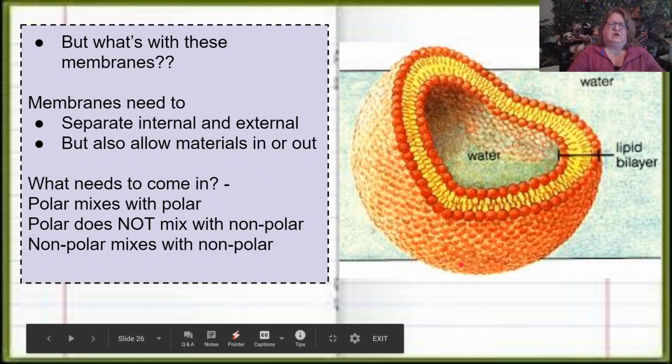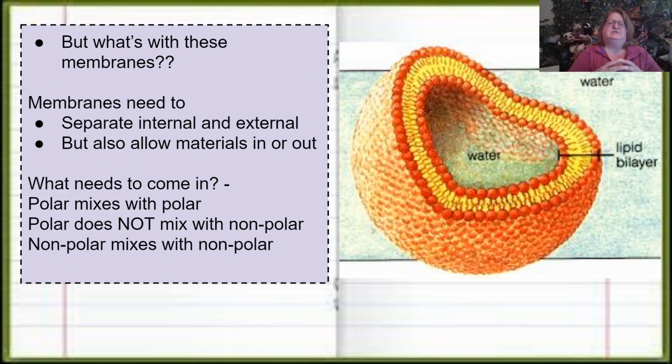What we want to talk about next is, I keep talking about these organelles as being membranes, and this membrane and that endomembrane. Well, what in the world is the deal with the membrane? So that's what we're going to look at